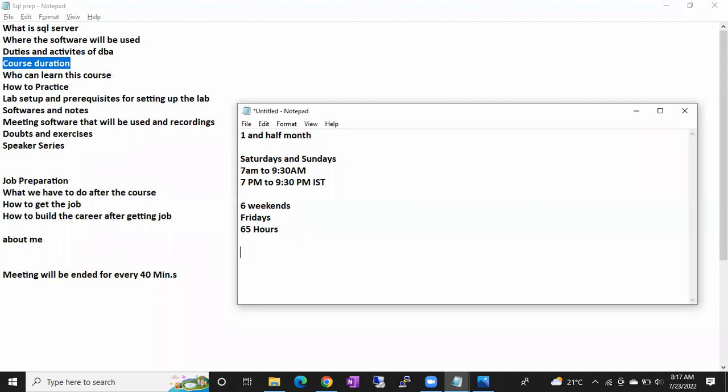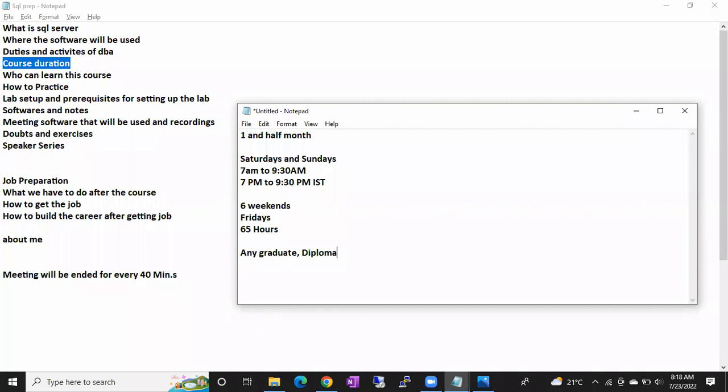Fine. Who can learn this course? Any graduate, okay, the qualification is graduation, guys. Any graduate or diploma holder, no issues. In the previous batches, diploma people were there. Since 7 years I'm teaching, so a lot of batches I have completed, guys. Diploma people just joined the classes, and educational qualification of diploma is not an issue.